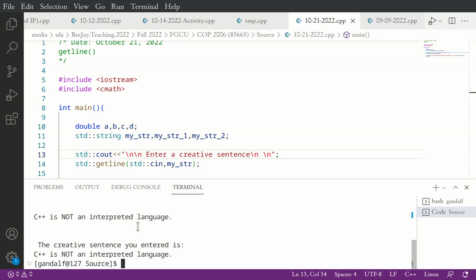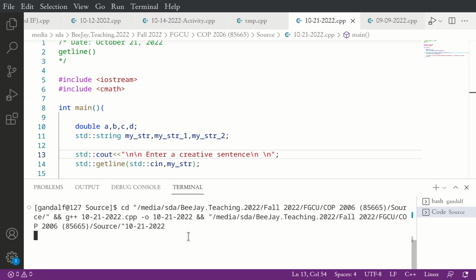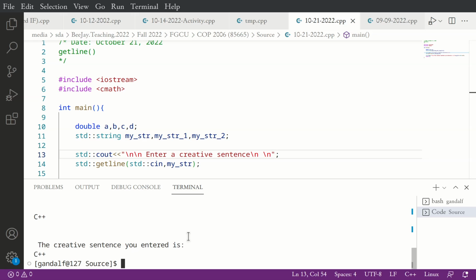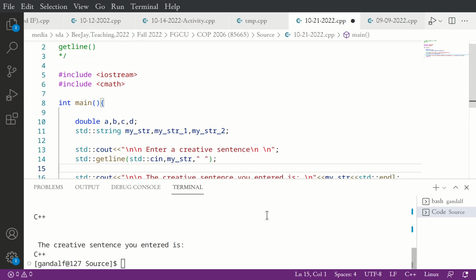Now if I want to break it and have it in multiple lines, C++, enter. The moment I enter, I just get the first string that I typed.